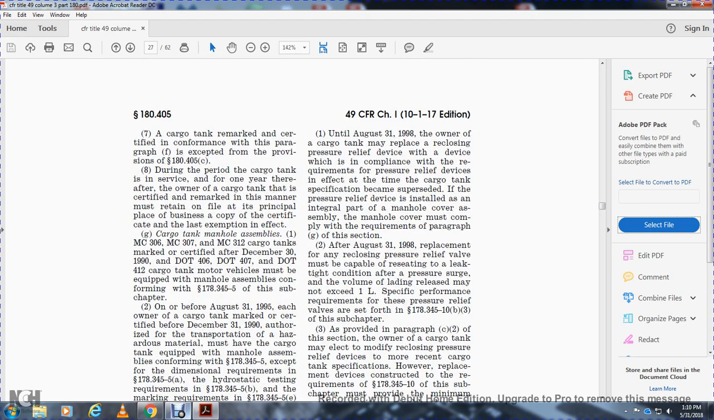Until August 31st, 1998, the owner of the cargo tank may replace the reclosing pressure relief valve device complying with the requirements of the pressure relief device in effect at the time the cargo tank specification becomes suspended, with the pressure relief device installed as an integral part of the manhole assembly, with the manhole cover complying completely with the requirements of paragraph G of this section. After August 31st, 1998, the replacement of any reclosing